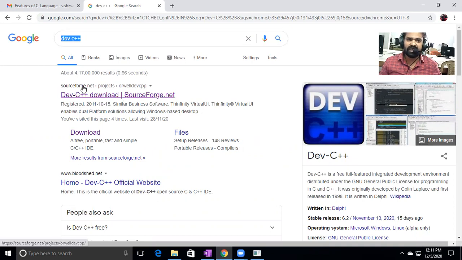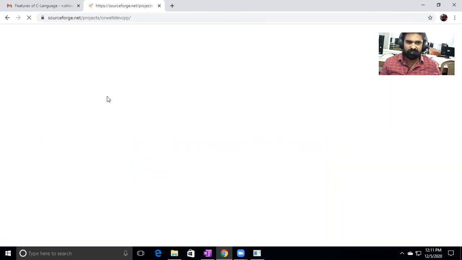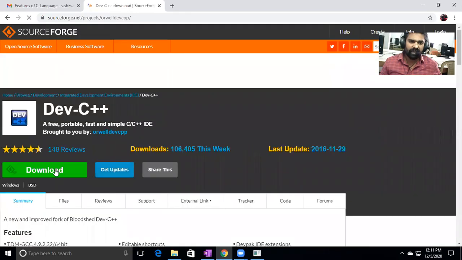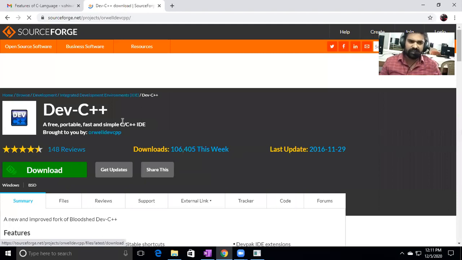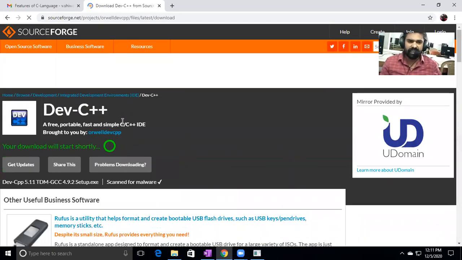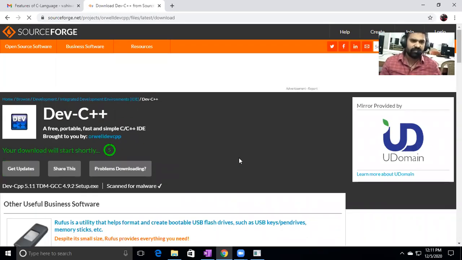Search Developer C++ in Google. Sourceforge.net, the first website, will come. Click here. Click on download. Software will be downloaded and then install it. In my system it is already installed.